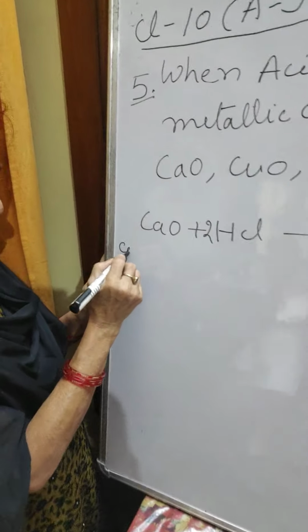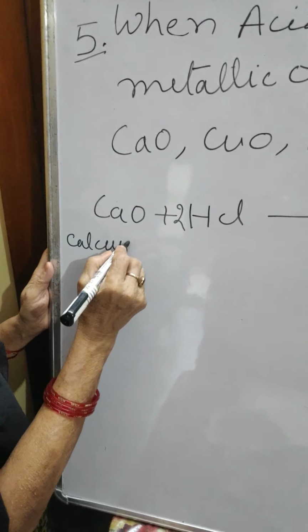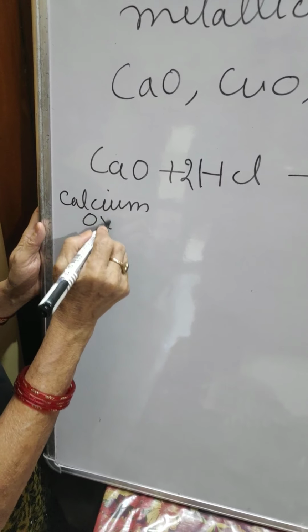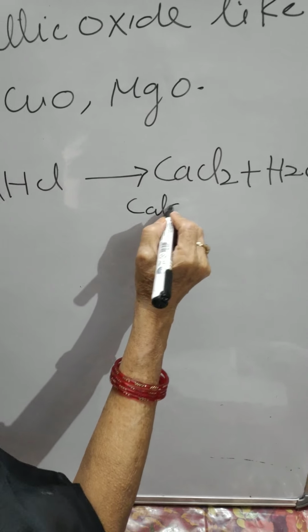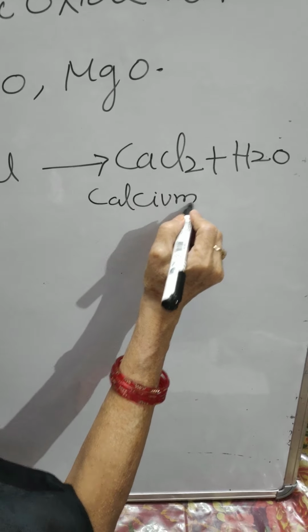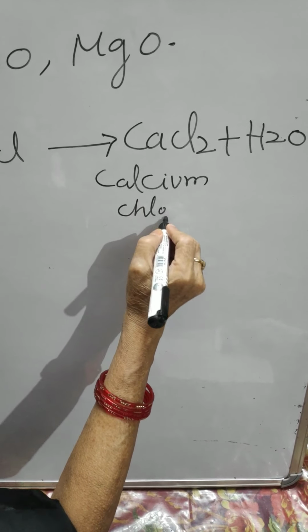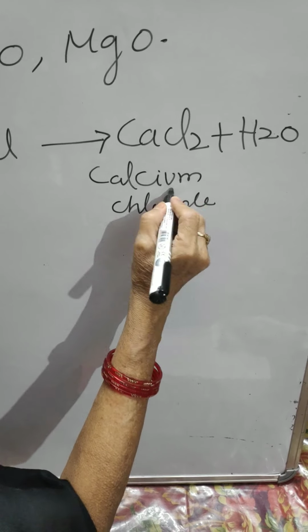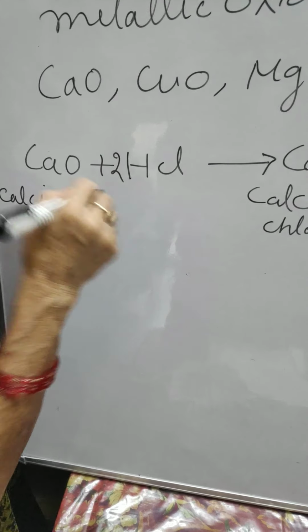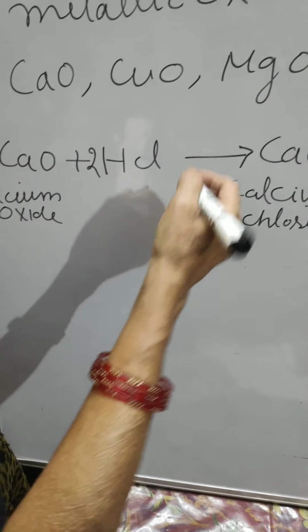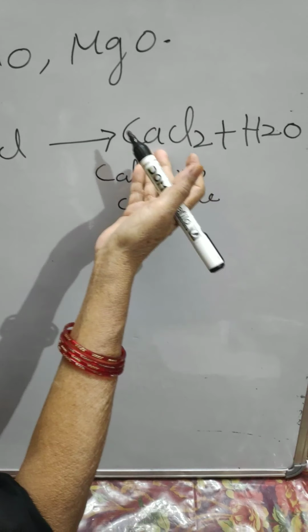This is the calcium oxide, and this is calcium chloride. When the calcium oxide reacts with hydrochloric acid or sulfuric acid, it will form salt and water, and calcium chloride